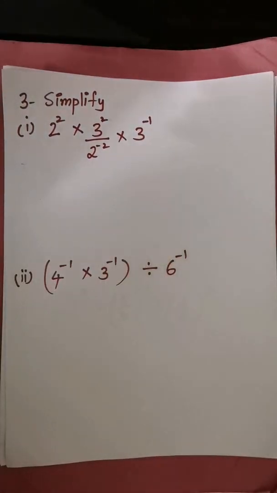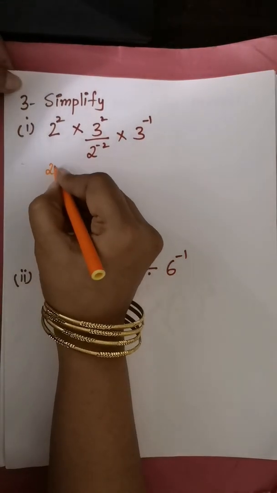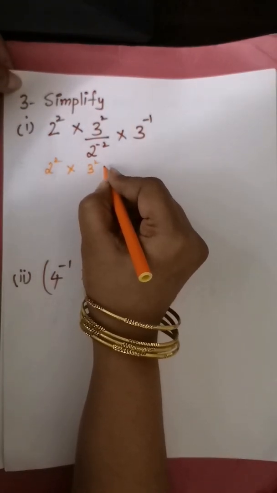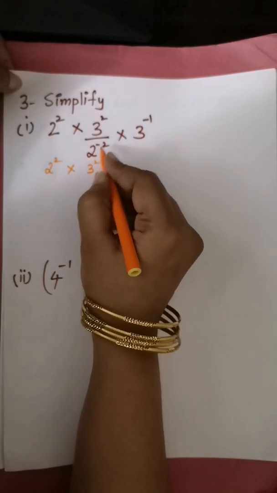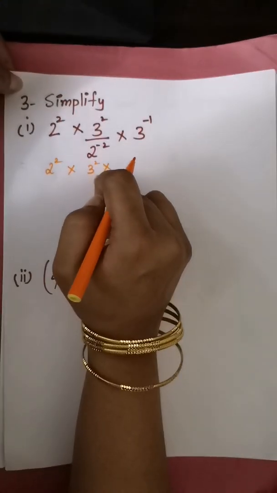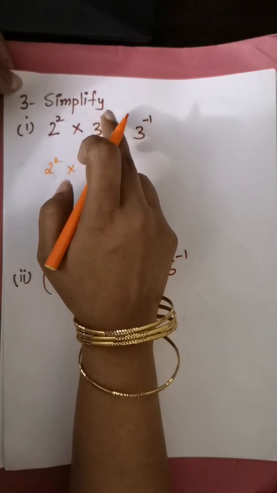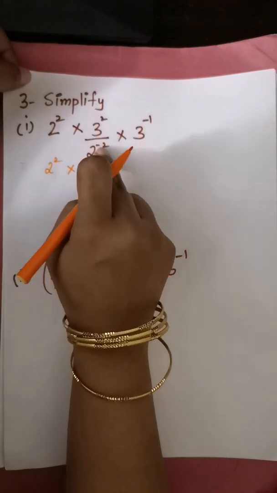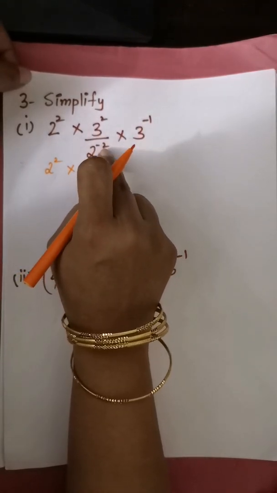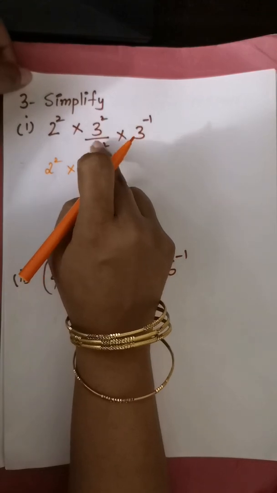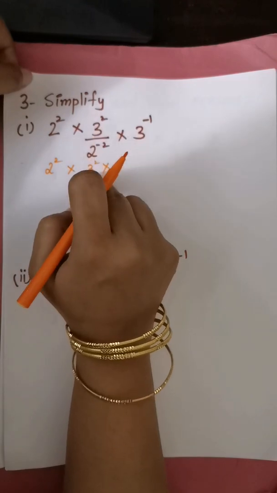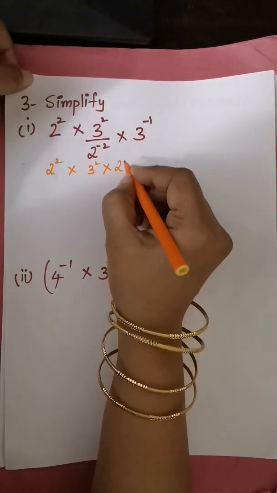Okay, so 2 to the power of 2 into here 3 to the power of 2. Now what we will do, we will bring this up. We will not bring 3 to the power of 2 down, as it is not a negative exponent. We are going to shift this up because this is a negative exponent. Some children, what they do, they bring this up and this down. Here negative number is not there, so it will remain on its place and this will come up.